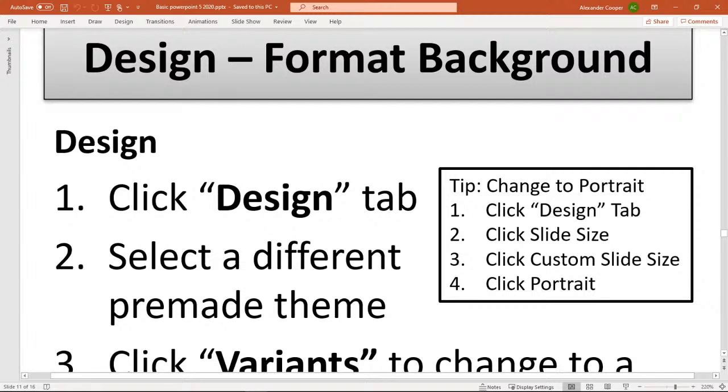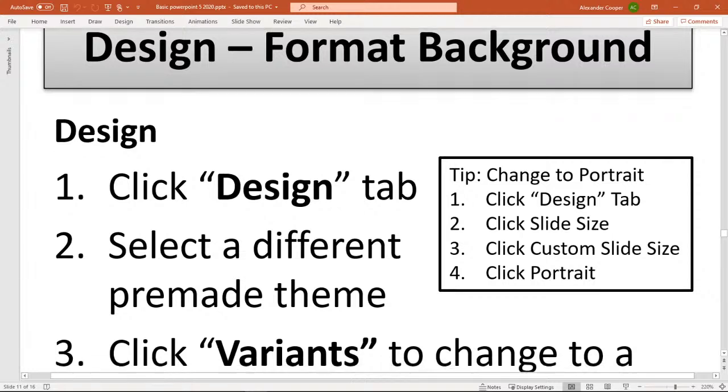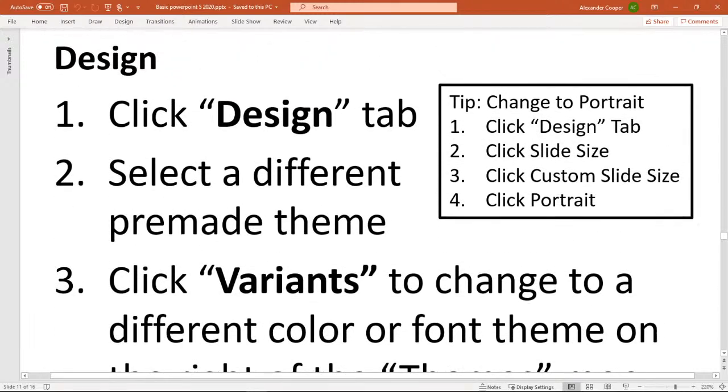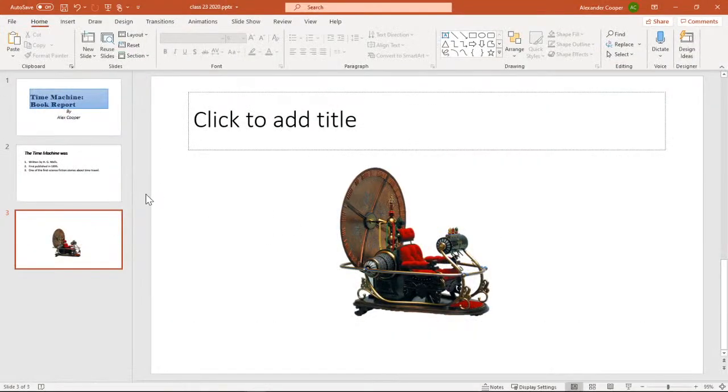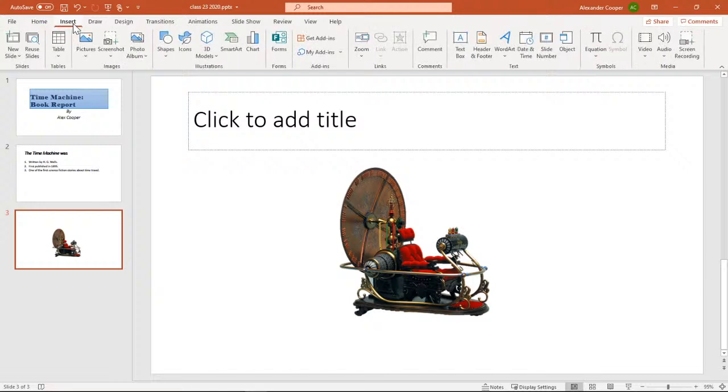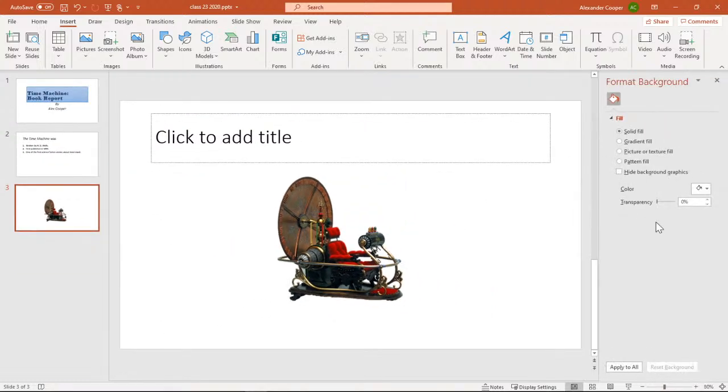Let's talk about our design, the format background, and choose a theme. Okay. Now, since we're dealing with pictures, I'm going to go ahead and talk about that with our final picture. I'm actually going to insert a picture, and I should be able to, give me 1 second here.